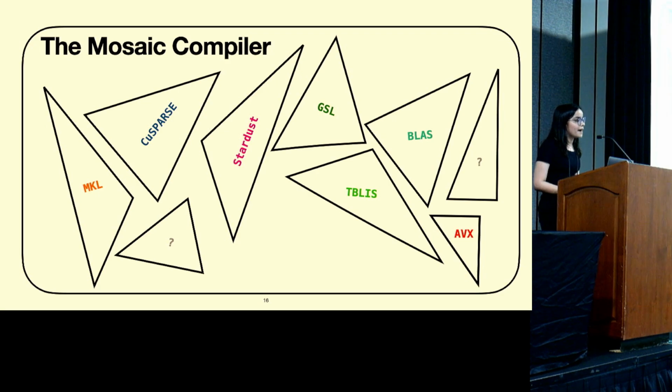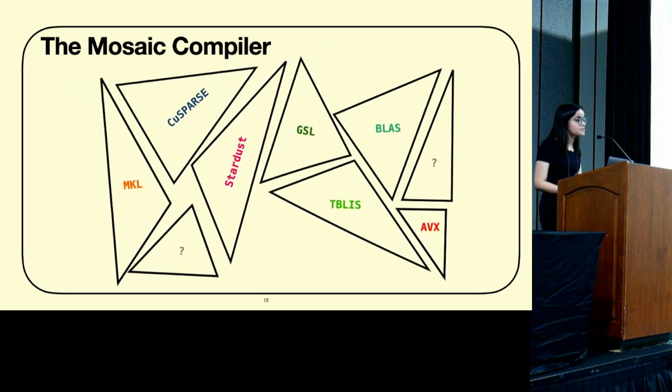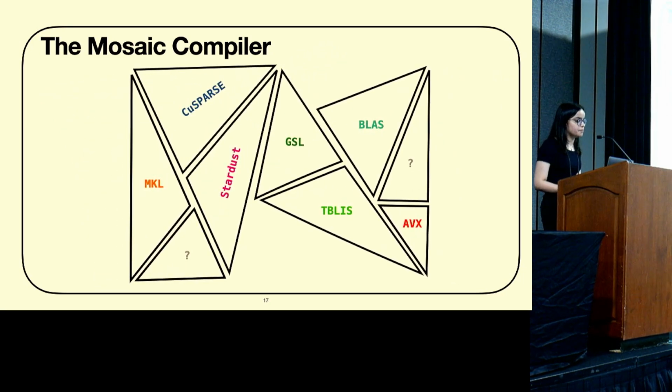So the Mosaic compiler is a compiler which can be extended with external systems. So you can extend it with MKL, QSparse, perhaps some system that comes up in the future. And what Mosaic does is it'll compose these systems together to compute what the user wants to compute, filling in any gaps that these systems can't fill, and also gluing the interfaces of these systems together. So it will rewire the input-output tensors and compute anything that can't be computed from within an interface from the systems. And to see how we go about achieving this, I want to talk a little bit more about the design of the Mosaic compiler.